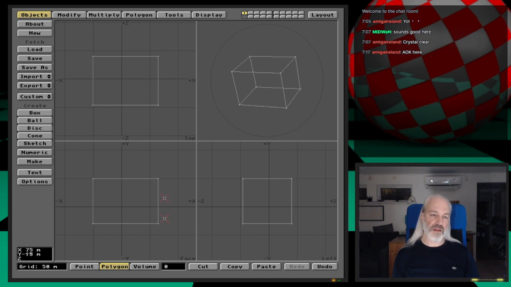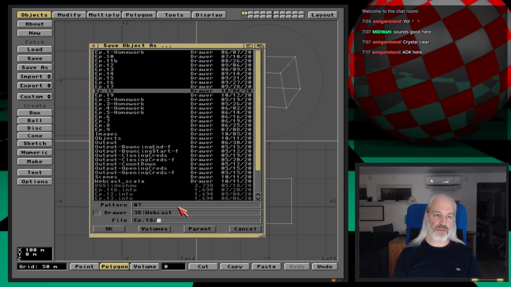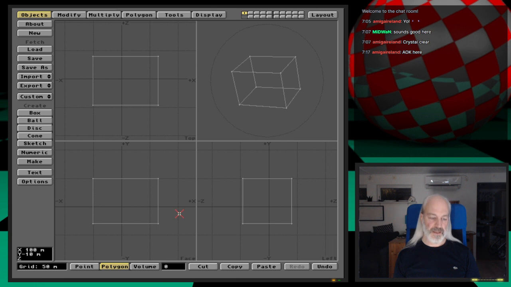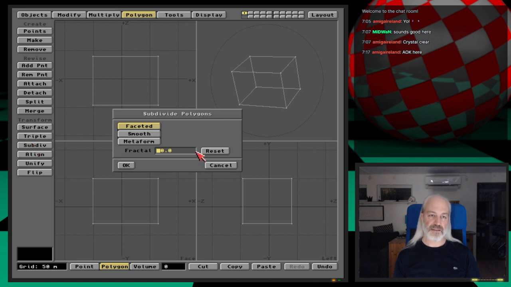Let's say this is our prototype, so we will be saving that as asteroid stage 1. Okay, and so let me go to the directory of my choice and say asteroid 1, because we'll be making several, stage 1, st1. Okay, now let's start by doing something useful with that, and I will be going through subdivide,